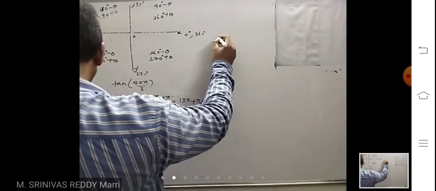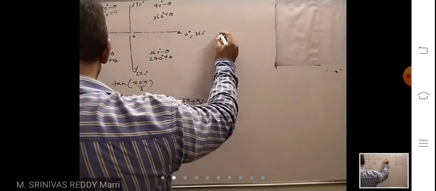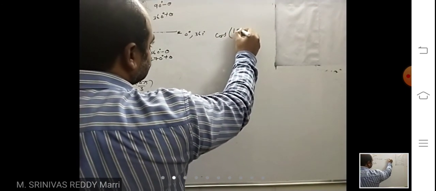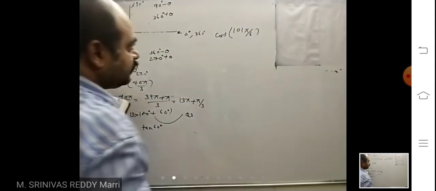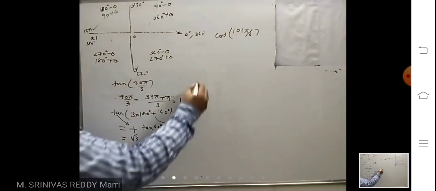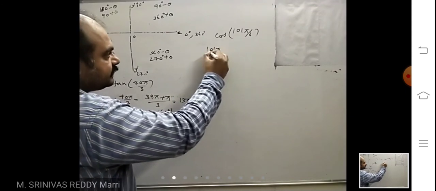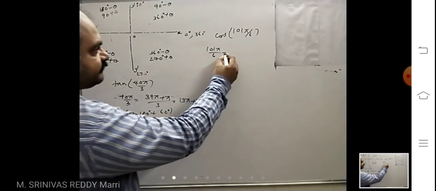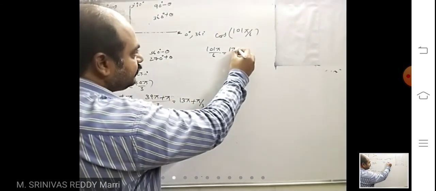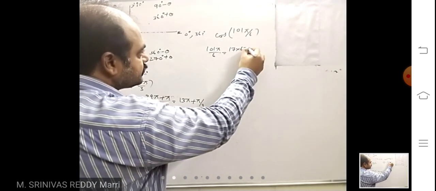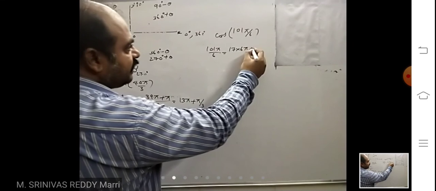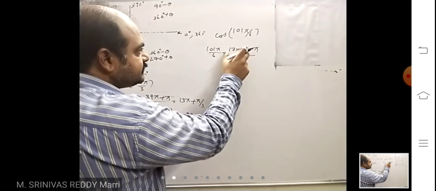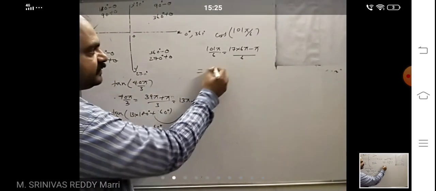Look at, suppose I want cos of 101 pi by 6, let us say. Now look at 101 pi by 6, I am writing like this. First I will simplify this one. Above I will write a multiple of 6. This can be written as 17 into 6, how much? 6 sevens 42. 102 minus pi, just a multiple of 6. This is 102 minus pi. That means if you split this one,